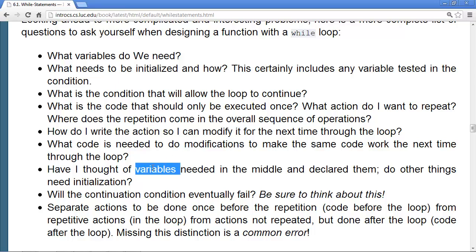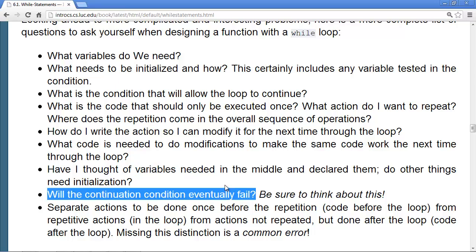And you may think of this in the middle, and if you thought of it beforehand, that's good too. You may need variables in the middle of your calculations inside the loop. You need to make sure that they've been declared, and we'll have to see, do they need to be initialized?